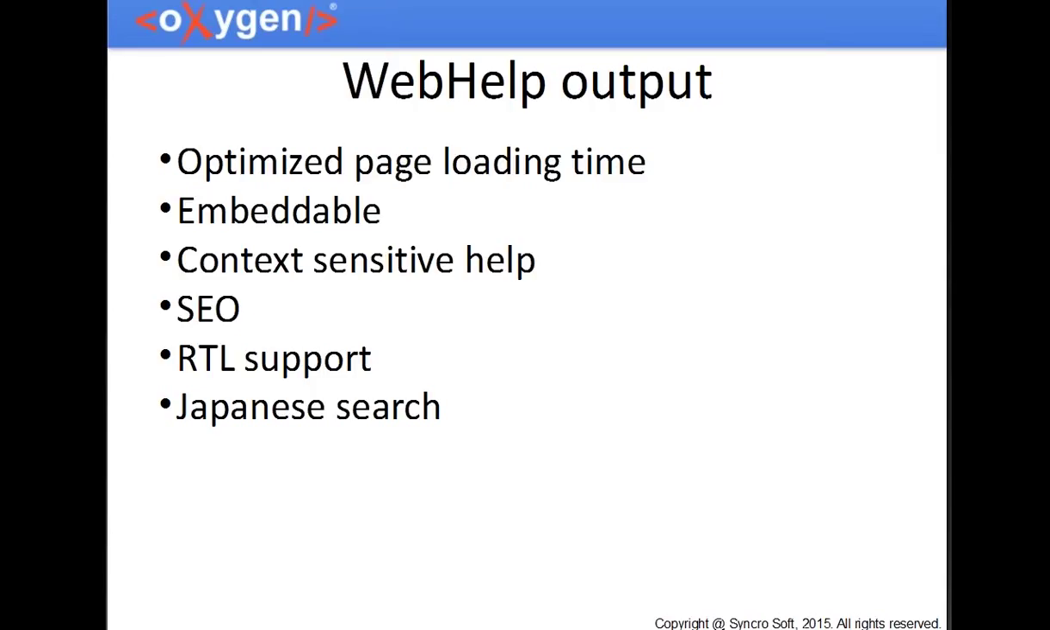A few words about the WebHelp output. This is a DITA transformation that we have. Publishing, the page loading time is now a lot faster. It's easier to embed. It generates a mapping file between the topic ID and the HTML output file, so you can offer context-sensitive help based on it. And that's actually what we're using now for our user guide. So when the user presses F1 in oXygen,